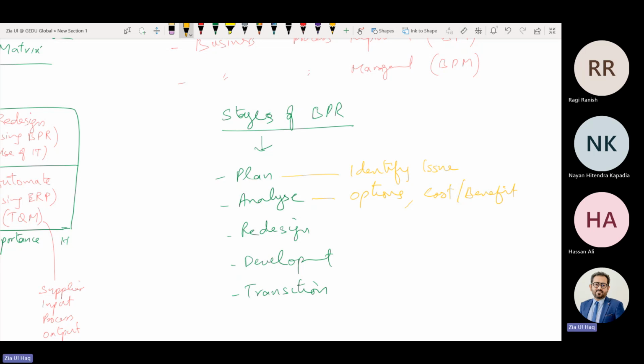Select one. If you are moving towards IT, like we are managing our manual accounting system, now we are moving towards BPR, meaning IT. In manual, there are so many issues. There are arithmetic error issues. There are documentation recording issues. There are delays as well. We need to put more staff to manage tasks on time. So these are the issues.